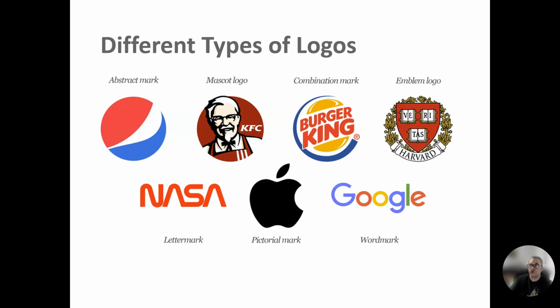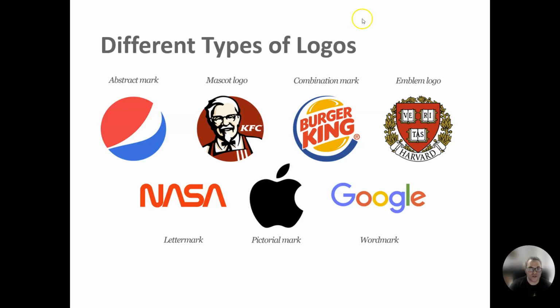Now, do keep in mind, you can't have a massive logo or a massive word that is your logo. That can be really hard, especially if you're like a big organization or company that has multiple names. For example, the FBI, Federal Bureau of Investigation. That's tough to make a logo out of 3 gigantic words right there. So that's why they initial it to FBI, which is called a letter mark. Much like the example we have over here, which is NASA. National Aeronautics and Space Administration. Obviously, you have those 4 words right there. Kind of hard to say that out loud and really put that on a logo and a visual, so making it into an acronym, which is called a letter mark, works really well.